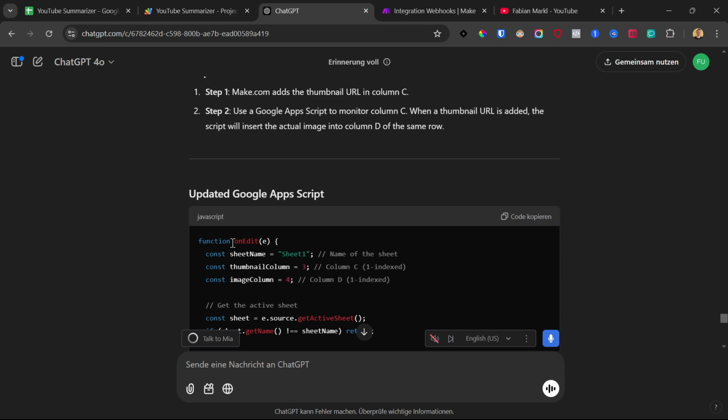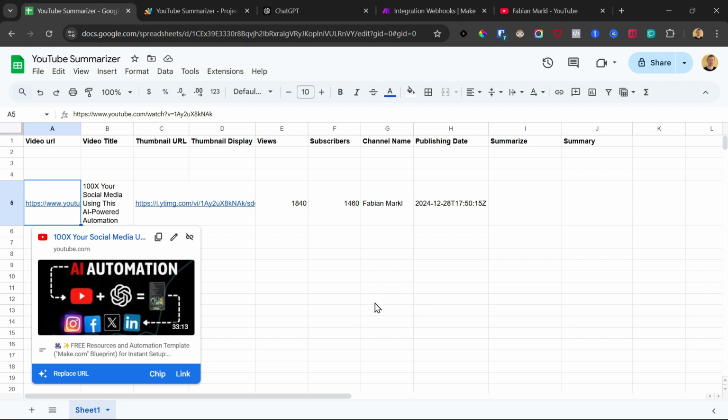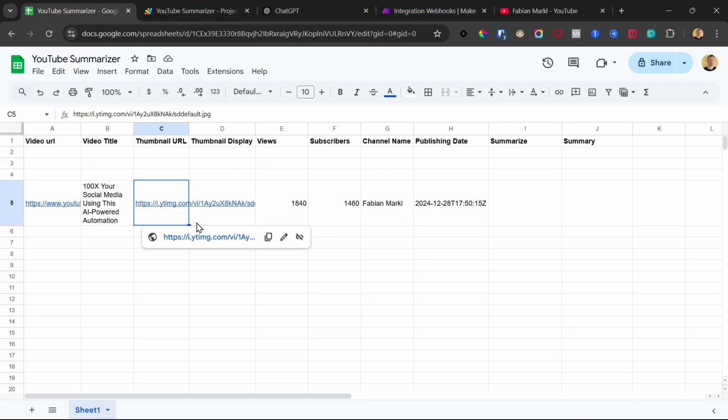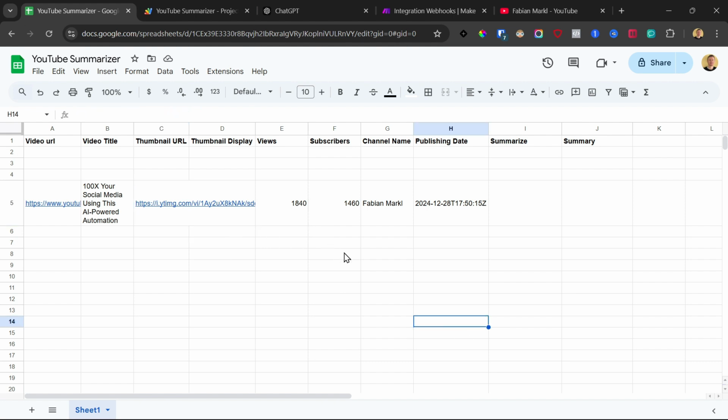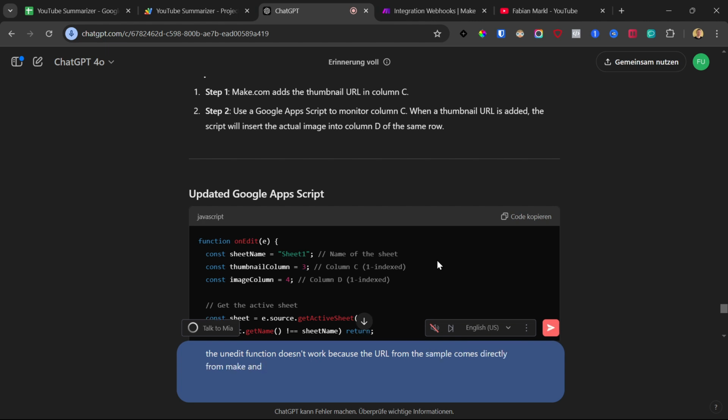So what I already know is that this onEdit, which is normally triggered when you edit a cell, or as you see when I add a manual URL or whatever, is noticed by this function, and it will perform the action. In this case, it should insert the image in here. But since the URL is added from make.com in the cell, it doesn't trigger the editing process. So I will tell this to ChatGPT. The onEdit function doesn't work because the URL from the thumbnail comes directly from make, and it doesn't trigger the editing process. So what you need to give me instead is a manual function